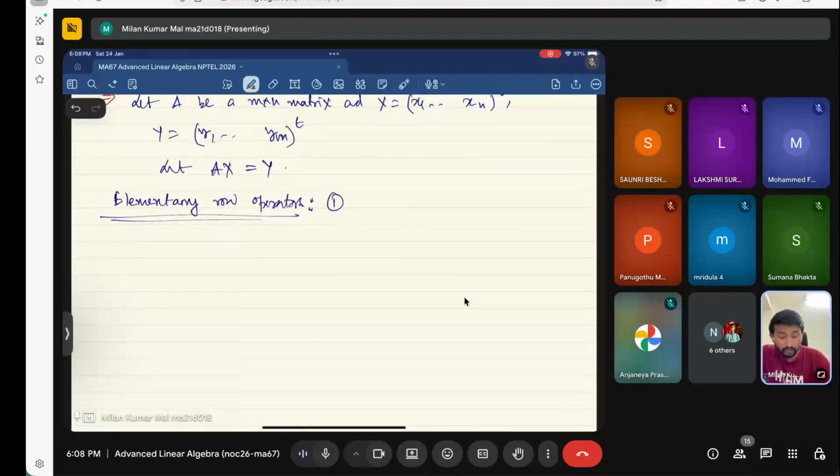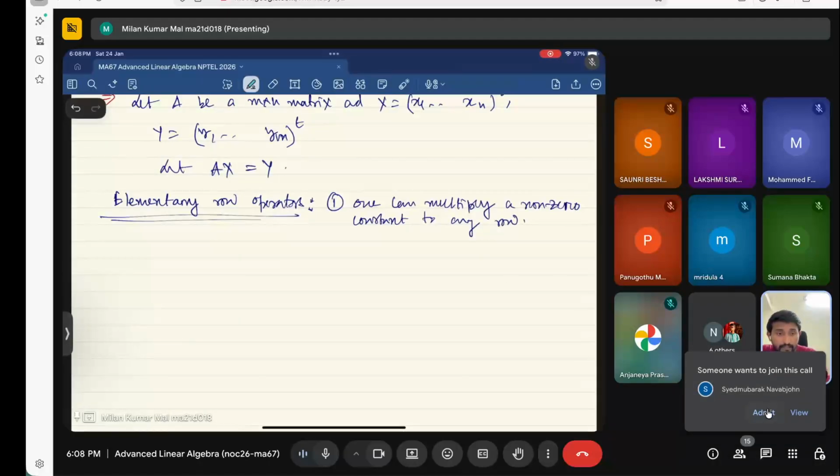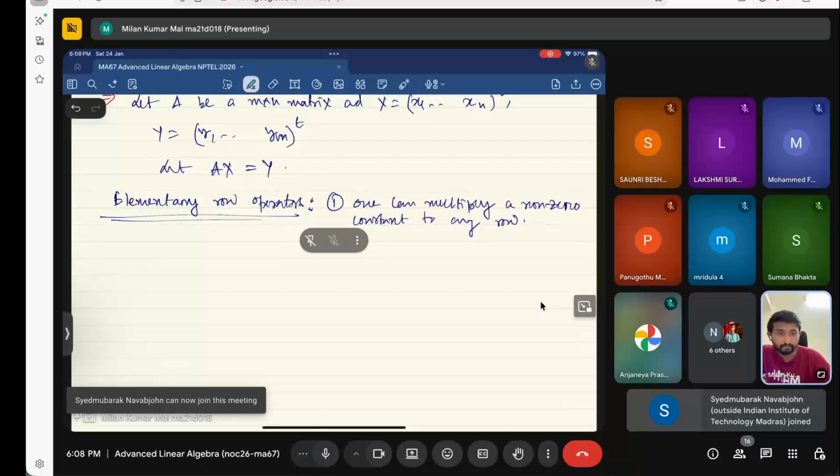First is that you can multiply a non-zero constant to any row. Okay, this is the first elementary row operation, and the second elementary row operation is that